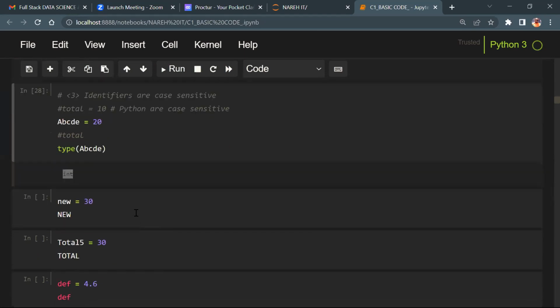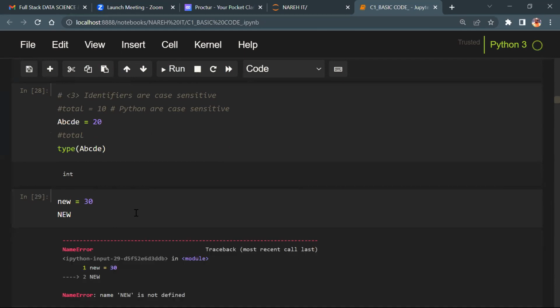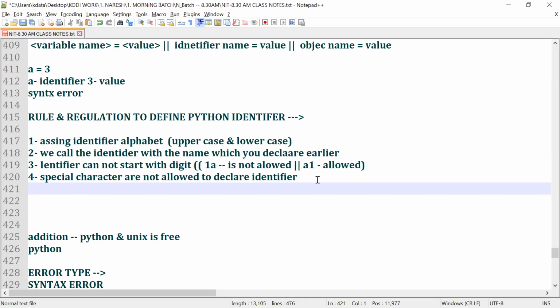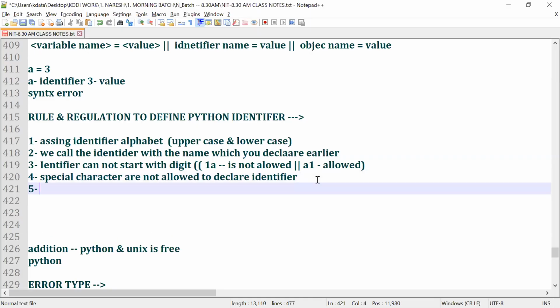Great. What about this one? New equals 30. Why, guys? Case sensitive. Now, identifiers are case sensitive. You understand or not?